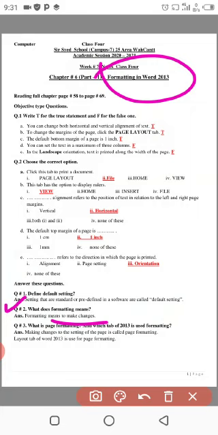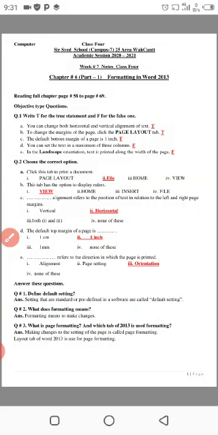So to make changes, formatting is used, and changes can be of many types, either of text, or of orientation of the document, or the placement of the document in any file or folder, etc. What is page formatting and which tab of Word 2013 is used for page formatting? Making changes to the settings of a page is called page formatting.